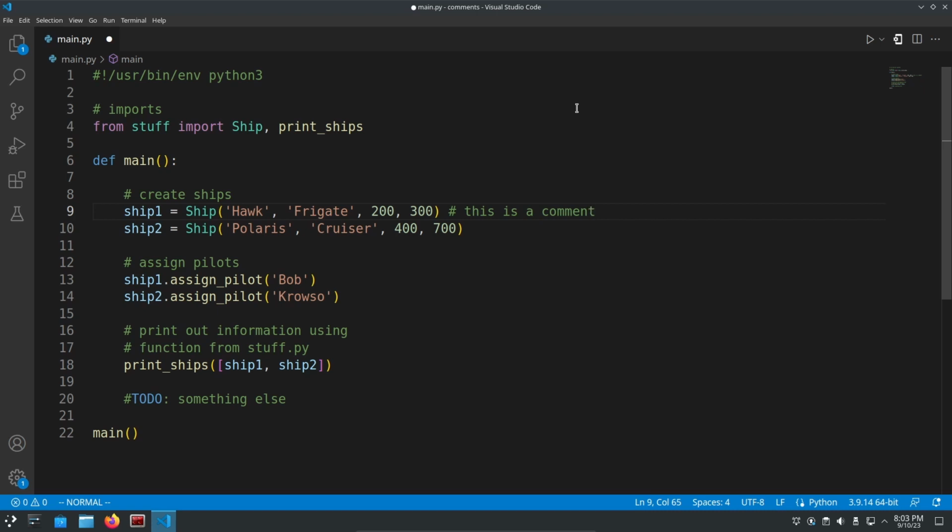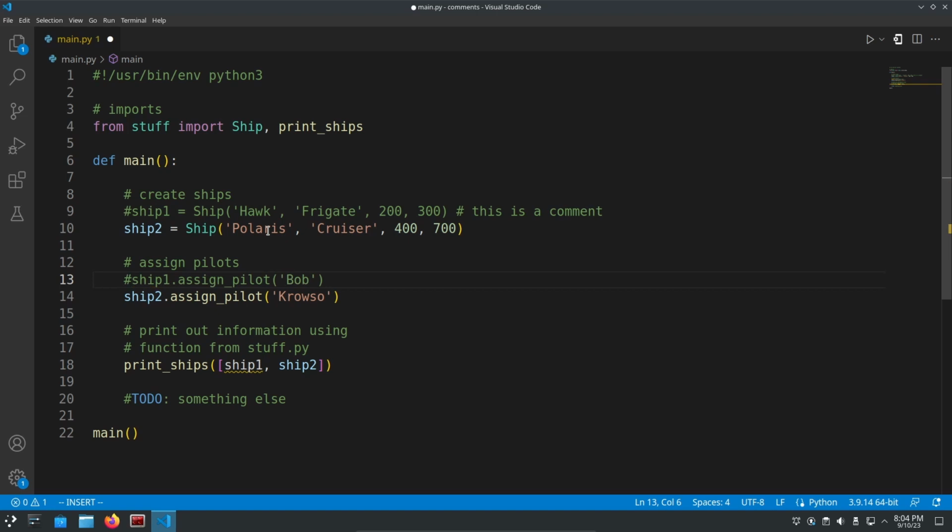We can also use comments to help us when we're debugging our code. Say something is going on with ship 2 and we just want to focus on ship 2 to figure out why it's not working. So we want to prevent everything else from executing because it would just take up space when information is being printed out. And in some cases, if you're dealing with a lot of data, it just might take a little bit longer to run than normal. So what we can do is add a pound sign here to comment out ship 1,